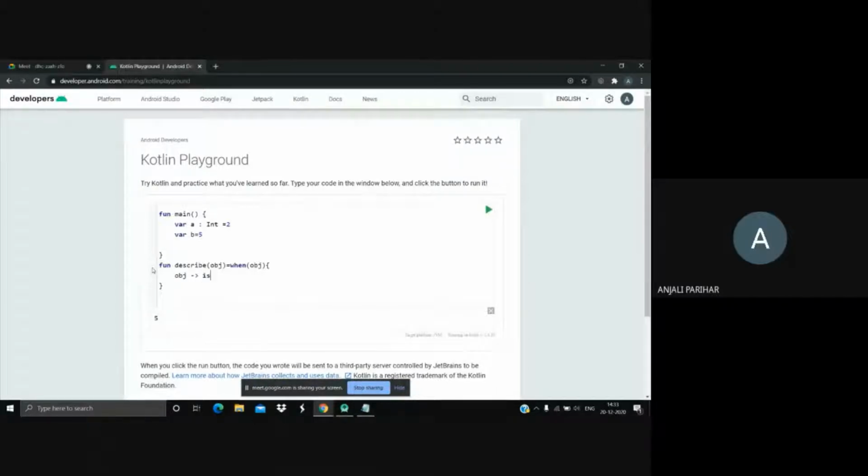So let's check if the object is a number. Sorry, I'm just writing the wrong syntax. So if the object, this is just similar to the switch statements which we used to have in Java and C and C++. People can correlate. It's a number. What I want to return is object is a number. Okay. If it's a string,